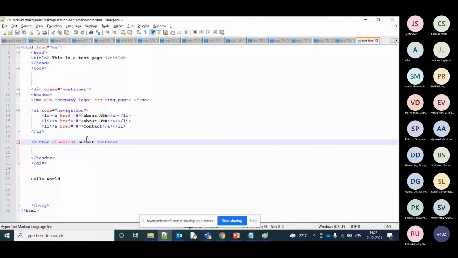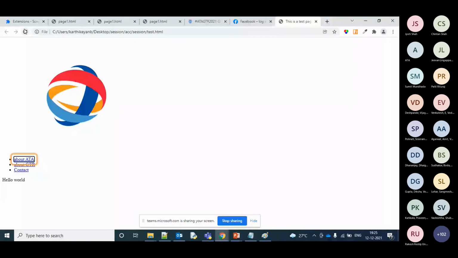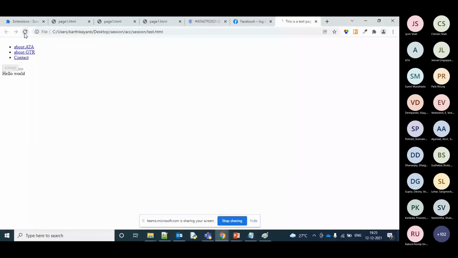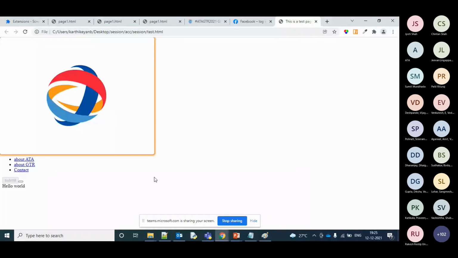So what happens is, many times you might have seen there is an input checkbox, and once you tick that checkbox, this button will get enabled. But those things again won't be caught by the screen reading software. So let me show this. It is a test page. Company logo. When I move from contact to hello world, submit won't be read out.